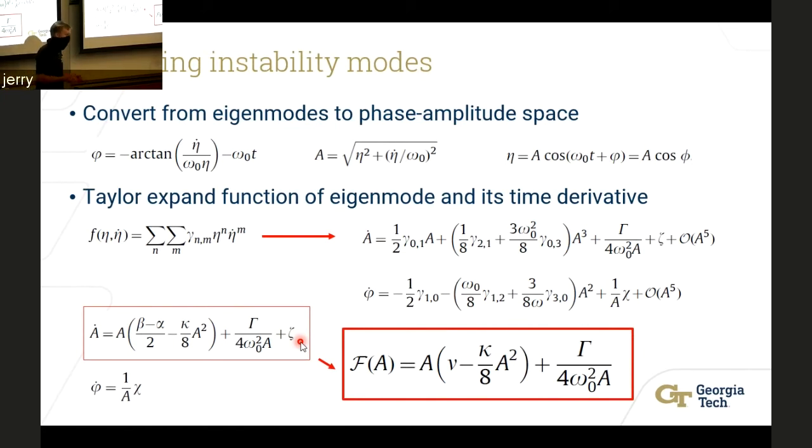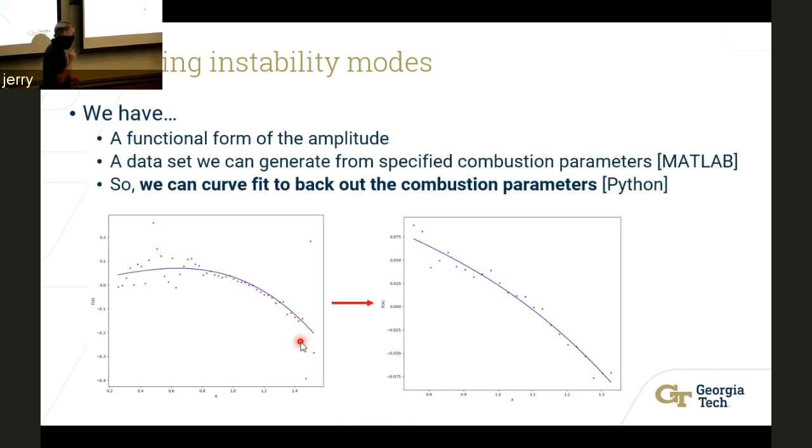Doing some more math and some really, really fancy approximations, you can develop the functional form of the amplitude as a result of these instabilities. This is very important because this is where we now have crunched some numbers, we've taken a step forward, and now we're asking ourselves, how close are we? And that's exactly what we're doing by this curve fitting process.